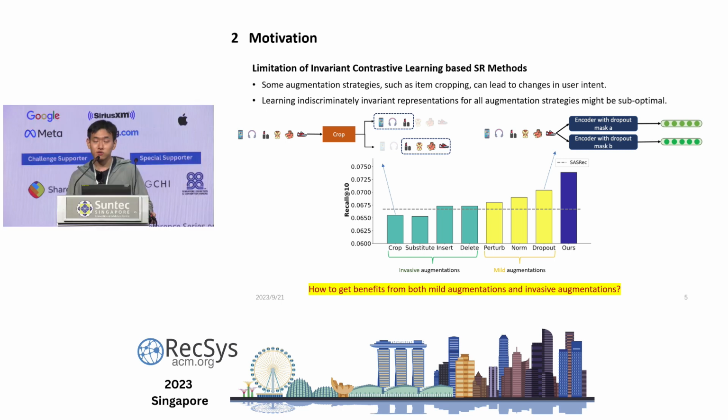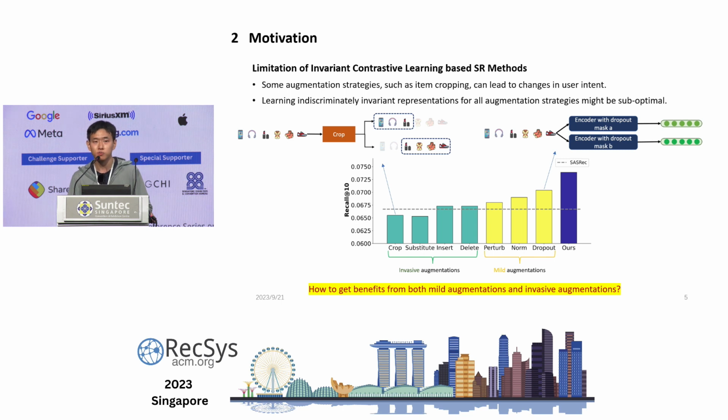Yeah, that's a very good question. So this empirical study shows that invariant contrastive learning can benefit from the model augmentation. You can see from this chart, the model augmentations always improve performance, but invasive augmentation sometimes even worsens it. But the question here is we want to get benefits from both model augmentations and invasive augmentation. We don't want to ignore the invasive augmentations because we think we can find better ways to